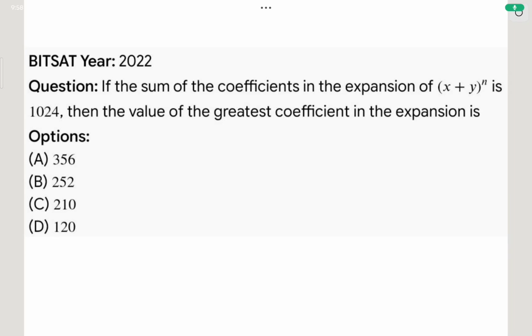Let us see this question. It's a question of BITSAT PYQ of 2022. So it's more of a recent PYQ. It's a very interesting question, and in the question we are given that if the sum of coefficients in